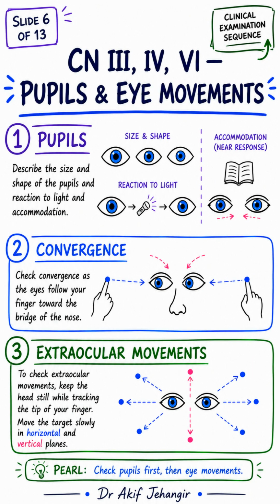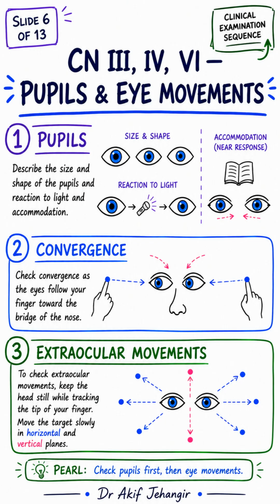For cranial nerves 3, 4, and 6, begin with the pupils. Describe the size and shape, then test reaction to light and accommodation. Check convergence by asking the patient to follow your finger toward the bridge of the nose. Then assess extraocular movements by asking the patient to keep the head still while following your finger in horizontal and